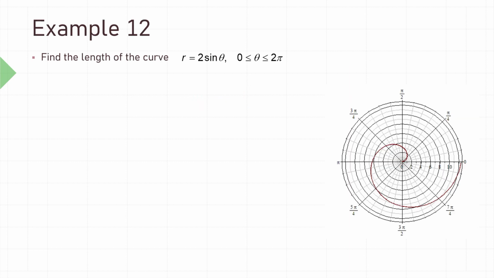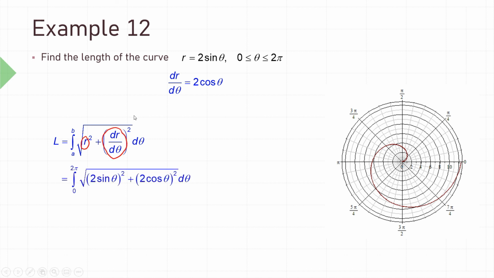Find the length of the curve r equal to 2 sine theta, where theta is between 0 and 2 pi. So what we need to do is to find the differentiation of r with respect to theta. So we have dr over d theta, which is given by 2 cos theta. Now we want to use this formula. You just need to substitute the function r and also dr over d theta here. So we have this